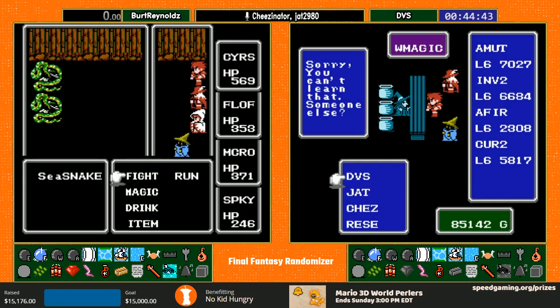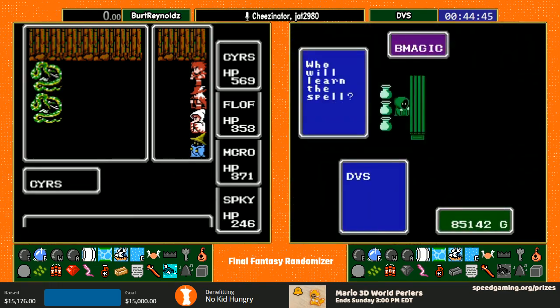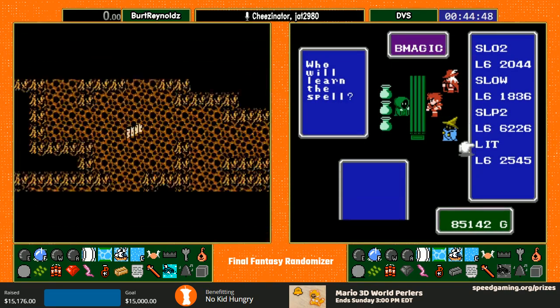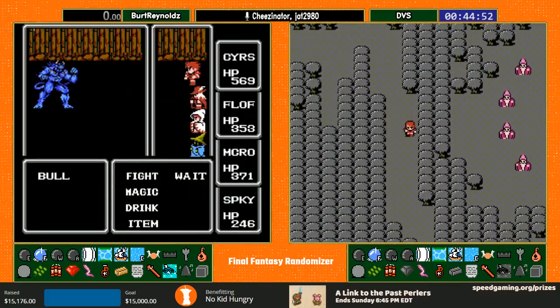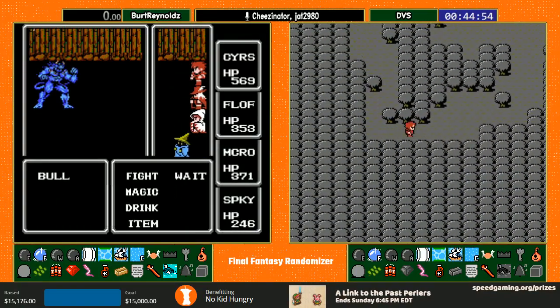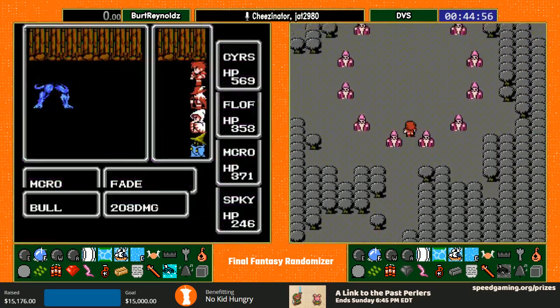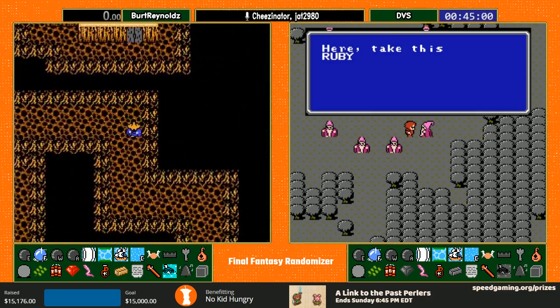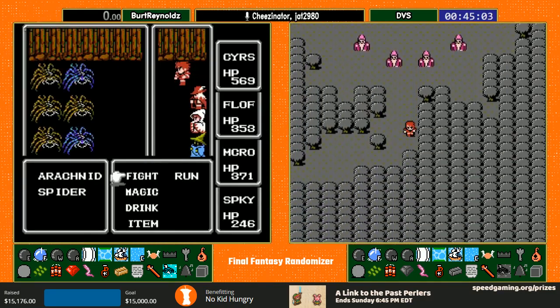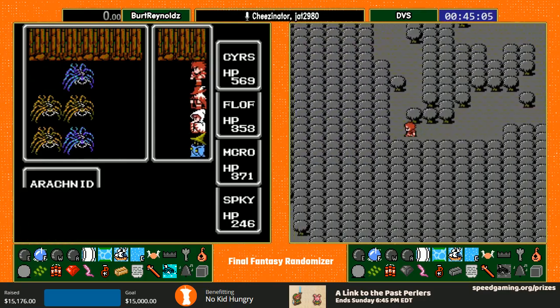DVS checking out the shops. He's continued to leave the White Mage down to funnel experience onto the other characters. The White Mage was a Fade caster, so it has some utility in clearing through the game faster, but by putting more experience onto the fighter, and the Red Mage in particular, who could also cast that, you're setting